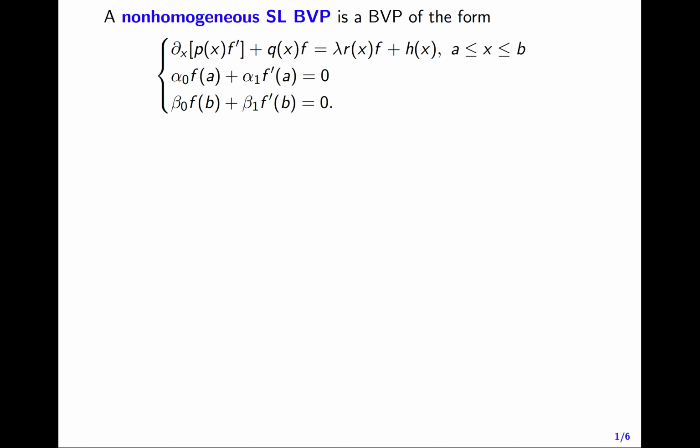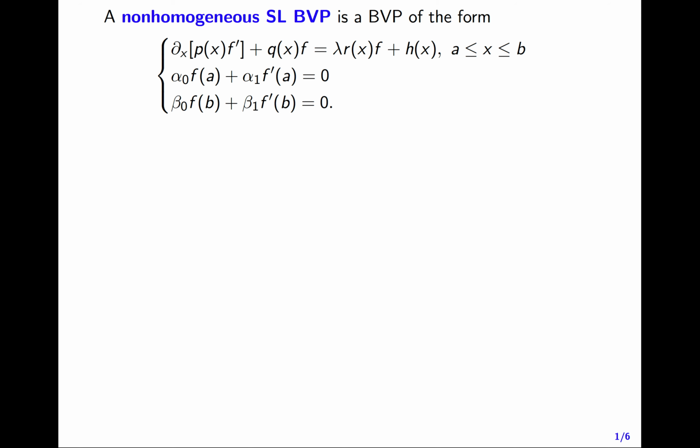Hello and welcome to our video on non-homogeneous Sturm-Liouville boundary value problems. These are boundary value problems of the following form. The differential equation part is given by the first derivative of the product p of x times f prime, plus q of x times f, equals lambda times r of x times f plus h of x, over the interval a to b, where p, q, r, and now h are given functions, lambda is a given real number, and f